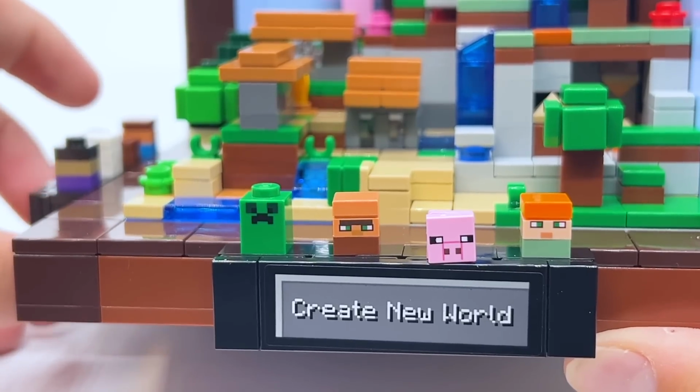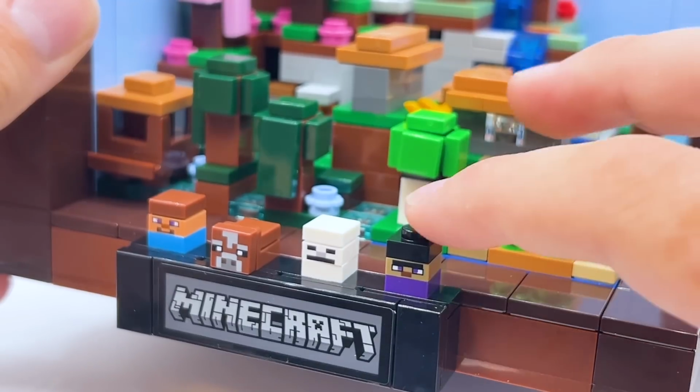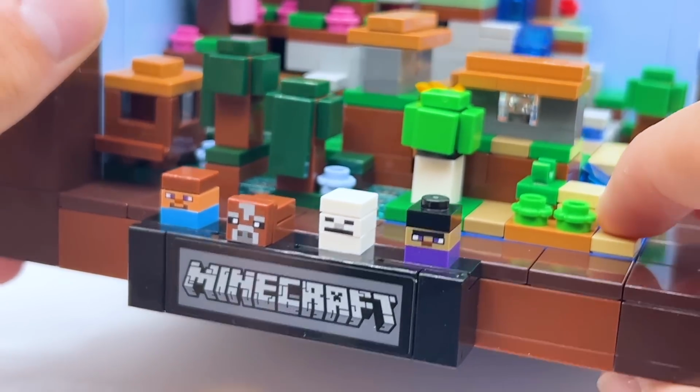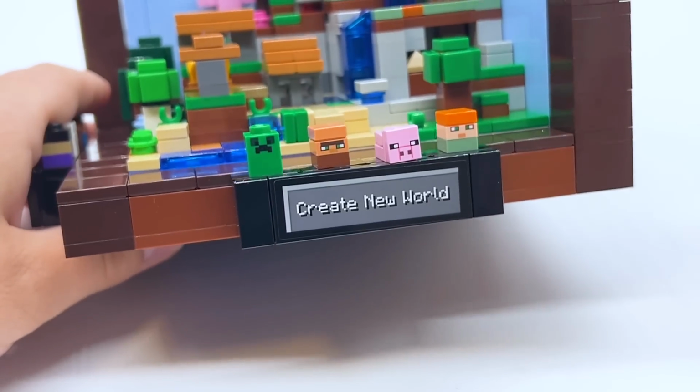I would have liked maybe a few more, because it feels like there's some key characters that aren't here, such as like a zombie. But even though it's only on printed tiles, 8 is a lot of exclusive characters for one set, so I'm fairly happy with them. And then the platforms they're sitting on have stickered tiles on them. You can see this one is the Minecraft logo, and this one says Create New World, obviously very iconic Minecraft